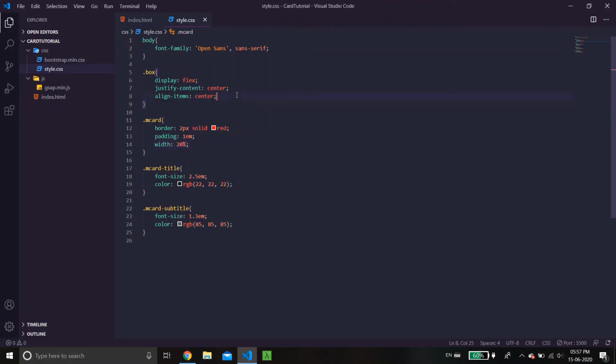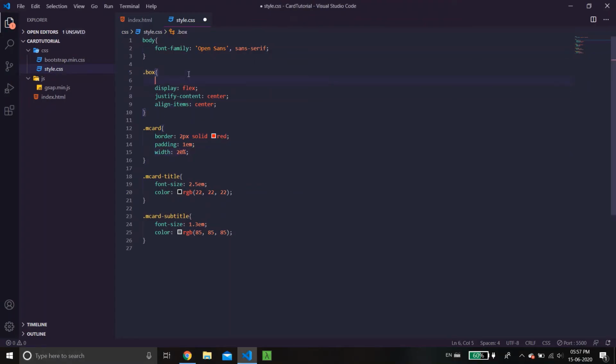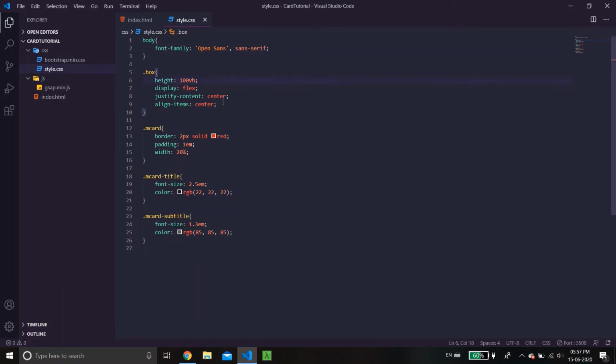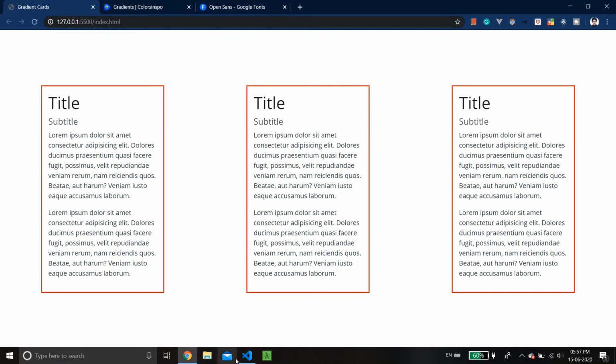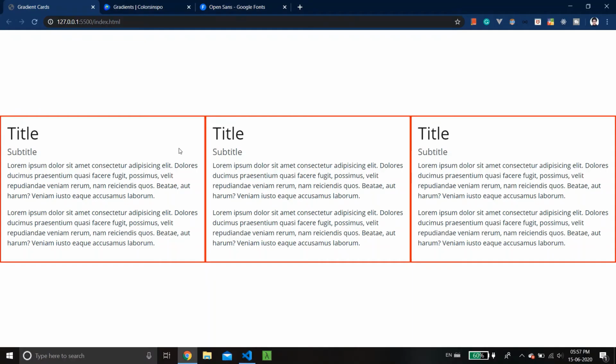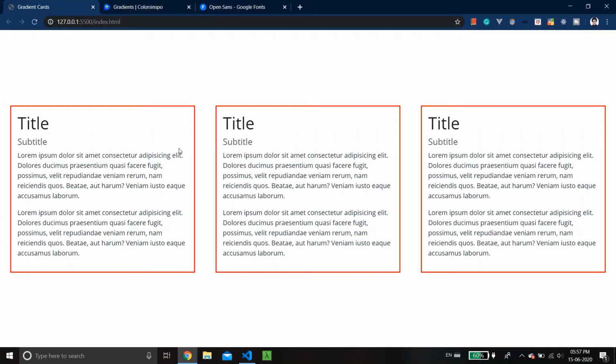Okay. Yeah, so now they're centered, and what I need to do now is justify content space around. Yeah, this looks better. So now I just need to adjust the width of the cards. I think 30% is good.